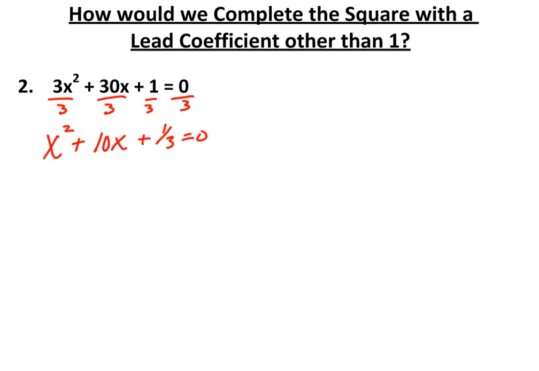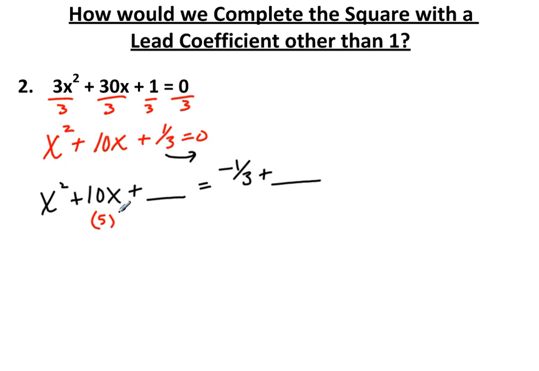Okay, again, I know that if I take this number divided by 2 and squared, I don't get 1/3, so I'm going to move this over. So now I'm going to get x squared plus 10x plus blank is equal to a negative 1/3 plus blank. So I know half of 10 is 5. If I square 5, I get 25. So I'm going to add 25 to both sides. So this is going to break down to an x plus 5 quantity squared